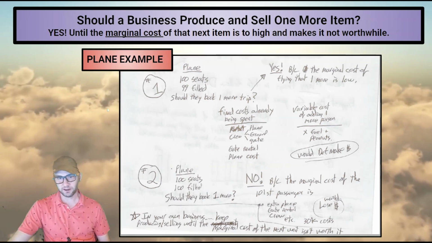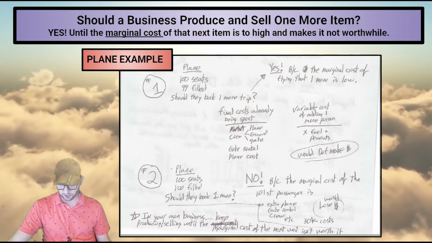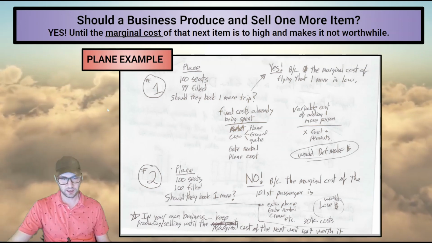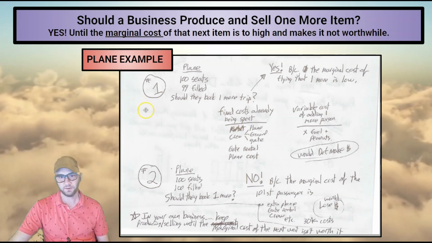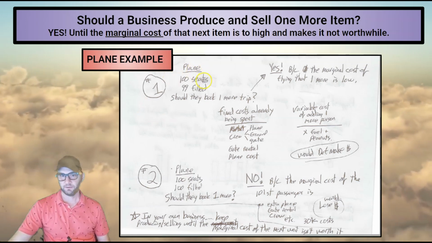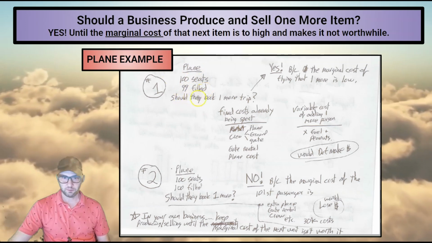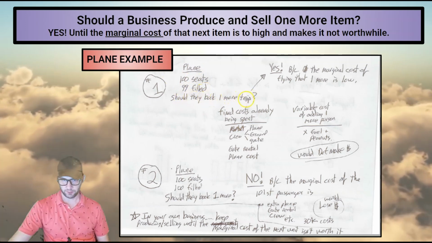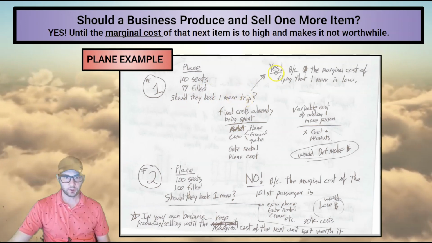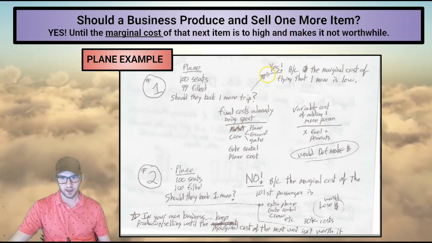Let's say you have a company, an airline, that sells trips, okay? And there's planes, and they sell trips to passengers, and passengers board the planes, and they go from city A to city B. Always a city, I guess. And so here's our example. You got a plane. There are 100 seats, and 99 seats are filled. Should they book that one more trip? Okay? And the answer is yes. 100% yes. Of course, and you know that, but let's look into why it's yes.